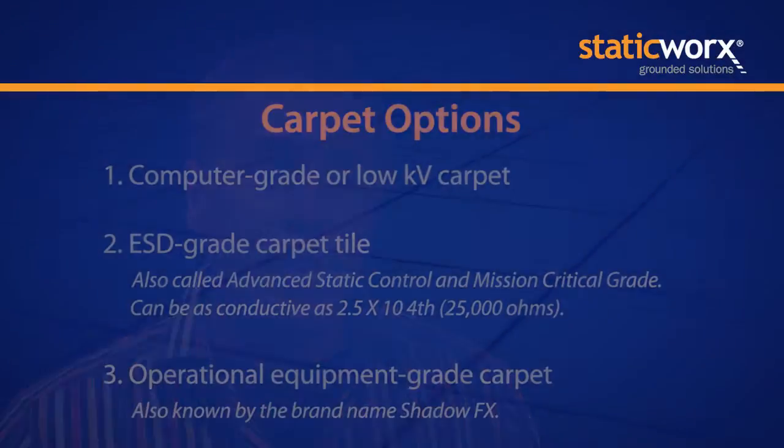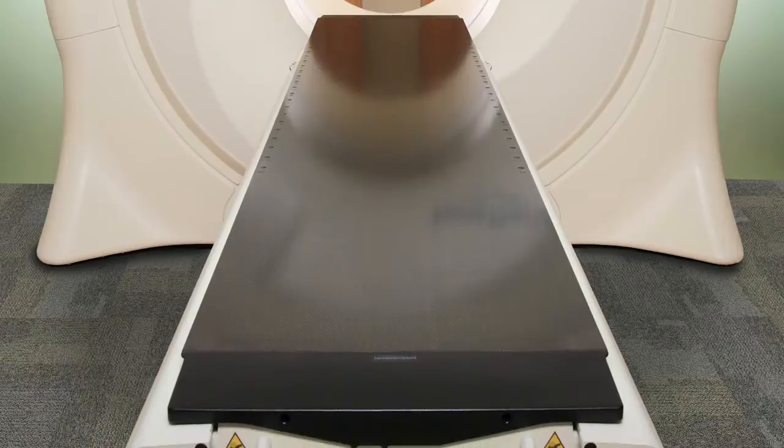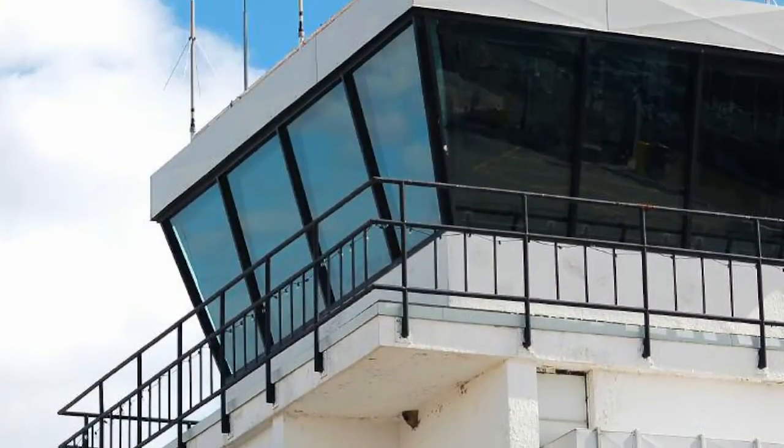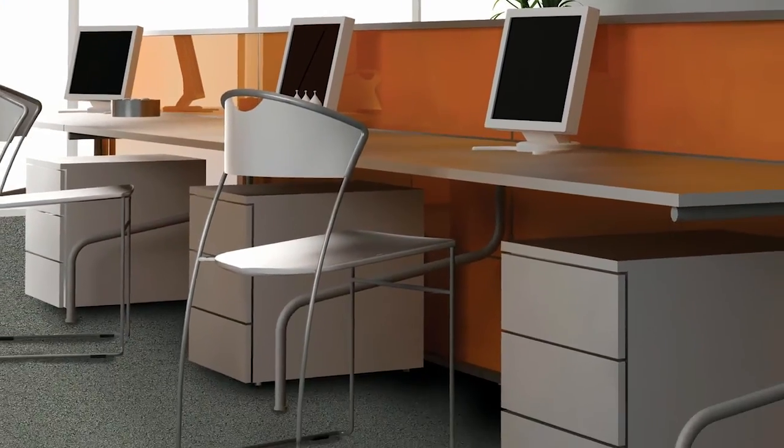And what we're calling that third type of carpet is operational grade carpet, a carpet that can be used around energized equipment. And when I say energized equipment, all I'm talking about is something that's plugged into the wall. Could be a laptop, could be a whole series of consoles surrounding you. You could be working in a flight control tower. You could be working in a command center, a control room.